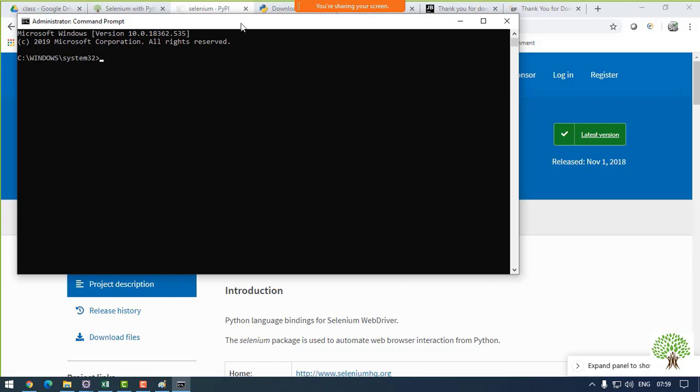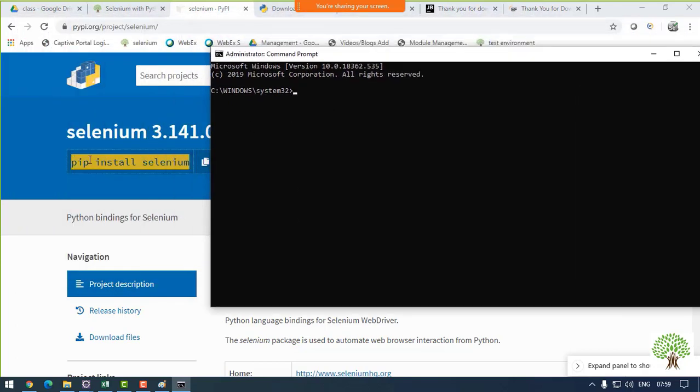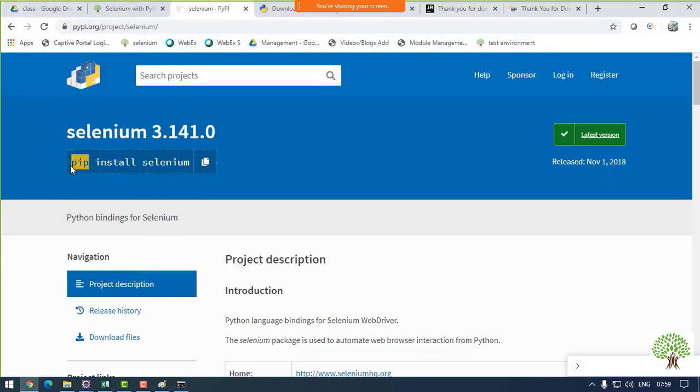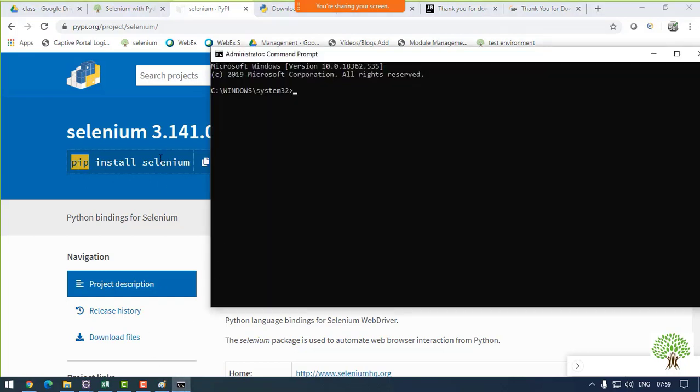Now you must be wondering what actually this pip is. This pip is nothing but a package manager which will help you to install, uninstall or update external files or libraries. Selenium is not a part of Eclipse, nor is it a part of Python. It's an external file, so we need to use pip to get Selenium in our system. Whenever you install Python, pip will be available with you, so you need not worry. It will be available in your program files. Okay, so I'll simply say pip install